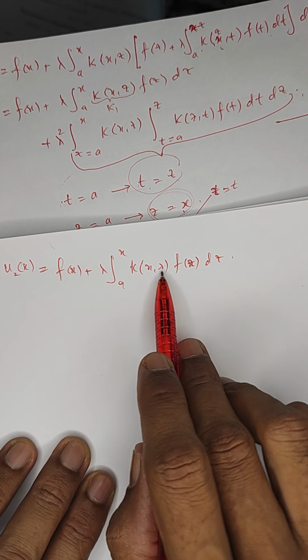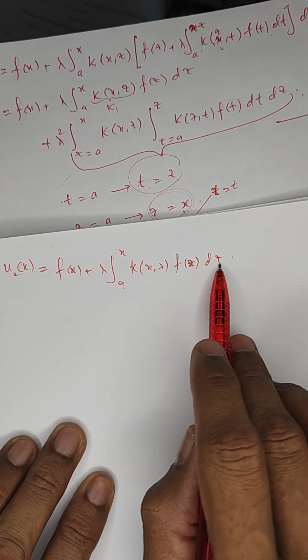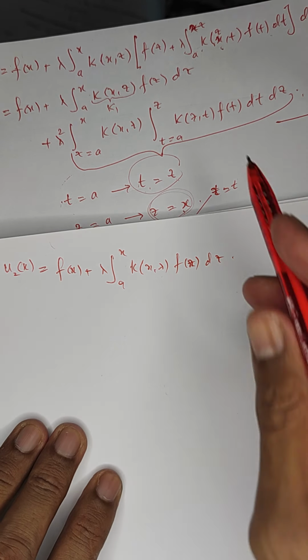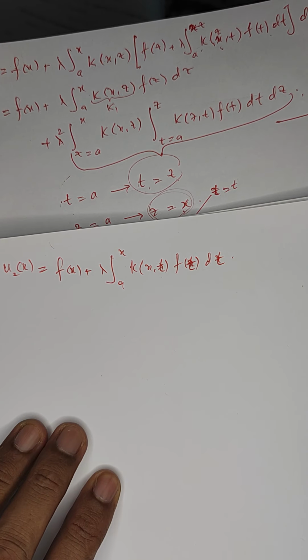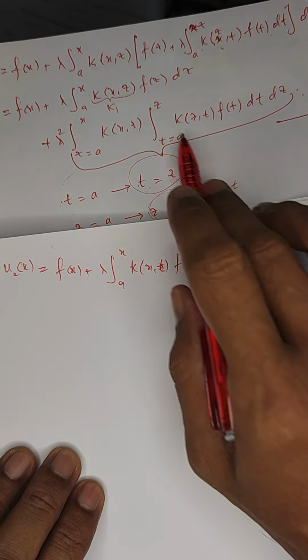I can write this because z is the variable of integration, so I can put t here, I can put t there. Okay, plus